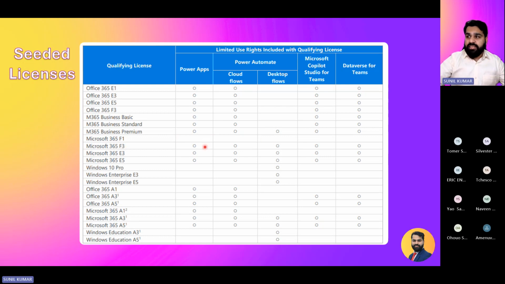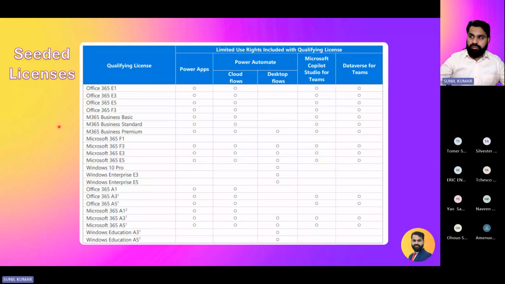For F3, yes, right? Along with that, if we see Office 365 E1, Office 365 E3, E5, and Office 365 F3, you can see the clear difference between Office 365 F3 and Microsoft 365 F3 here. So this is a very initial table which we should refer to